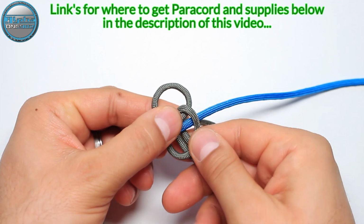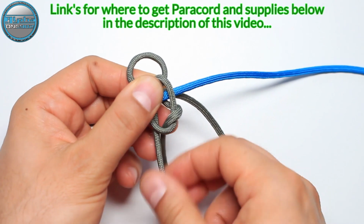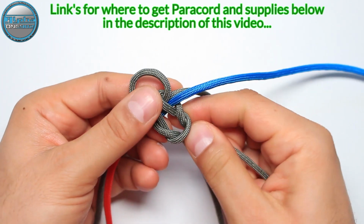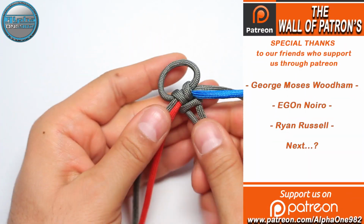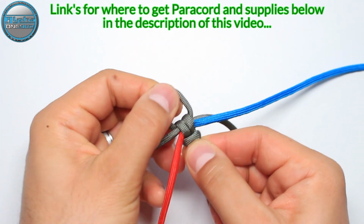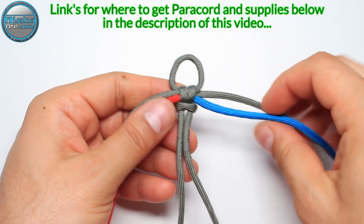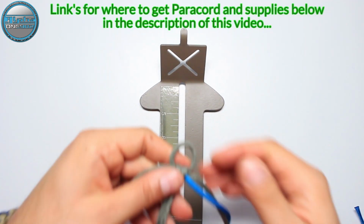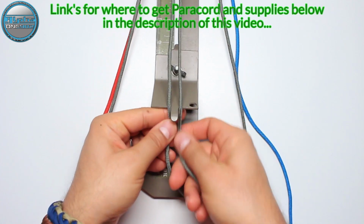Now from here you can do either the cow's hitches or the slingshot knot. So from here to the top, like so, and here around and from the top in the middle. So now when we've done this, we're gonna place our working ends and the cords through the jig. So from here and to the back, but on the back side I'm not gonna make the diamond knot yet,